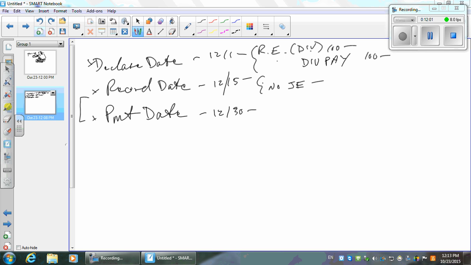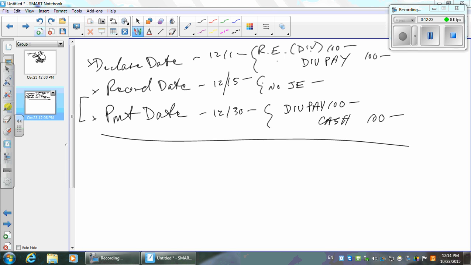All right, so there's no journal entry, we just find out who we owe the money to, right, who the shareholder happens to be at that point. And then what are you going to do on December 30th when you write the check? Debit what? Dividends payable. Dividends payable, of course. I'm going to actually give you points for doing stuff like this. Isn't that cool? Okay, and credit what? Cash. Because it's new, it's different, it's something you got to know. Okay, ta-da, we're done with cash dividends.